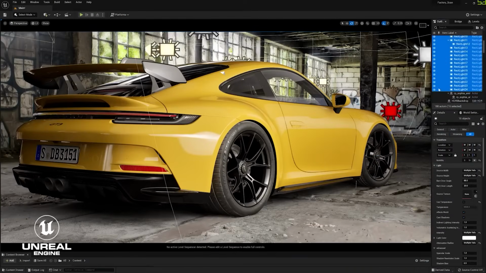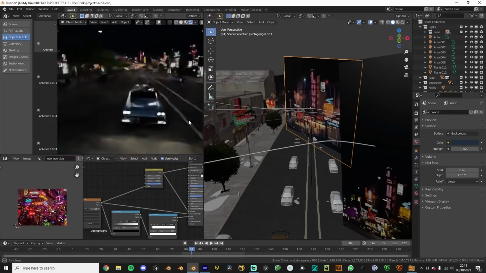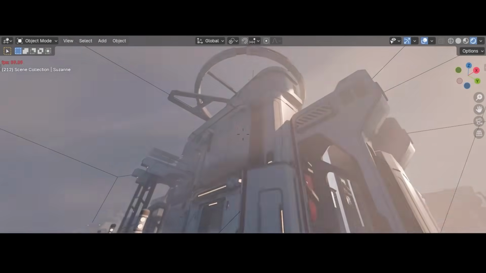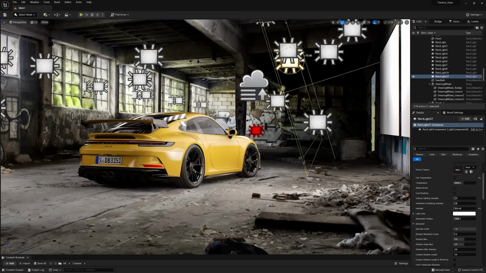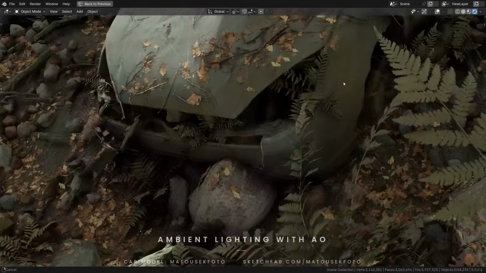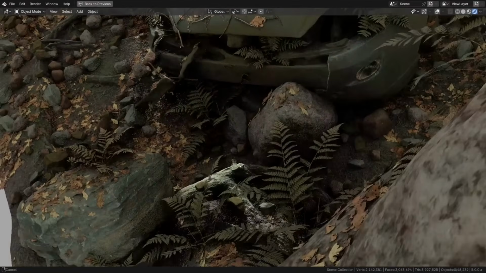But modern real-time render engines and GPU-accelerated viewports changed that workflow completely. I mean, engines like Eevee, Arnold GPU Renderer, Redshift, V-Ray, and Octane, in addition to other render engines, allow you to see lighting and materials update almost instantly. And as you can imagine, this dramatically speeds up iteration.